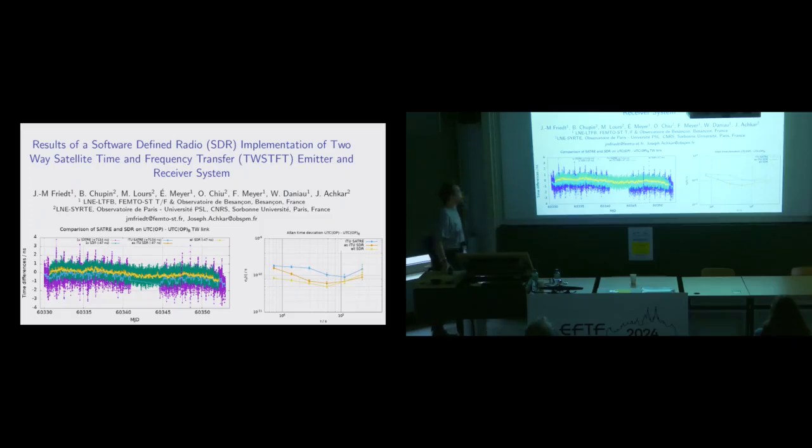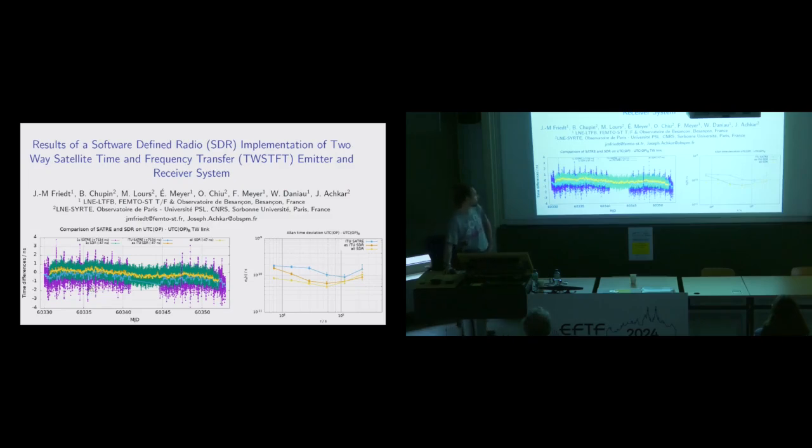So, follow-up to the previous presentation, let's discuss a bit the software-defined radio implementation of a two-way satellite frequency transfer receiver and transmitter. Here the novelty is that we're doing a completely independent system by developing the transmitting system. This is work in collaboration between Besançon Observatory, LNE LTFB, and Paris Observatory, whose two-way VSAT satellite system we're using. So if all you care about is the result, that's a result of 3 weeks of two-way time